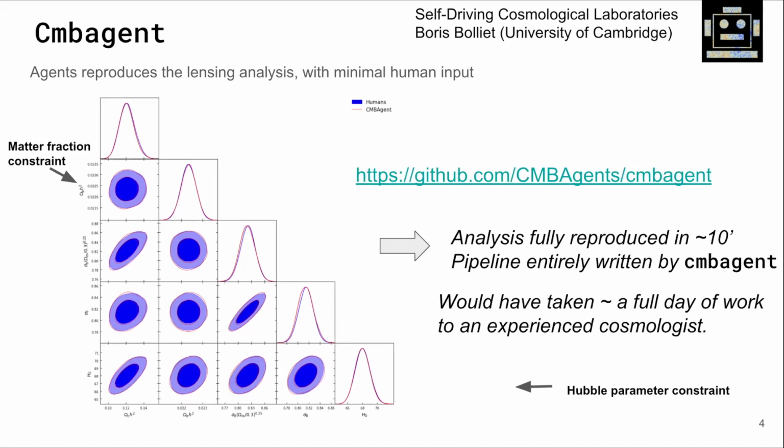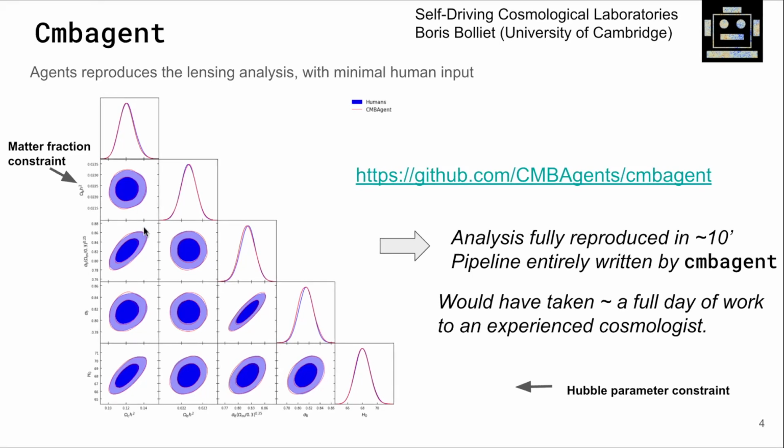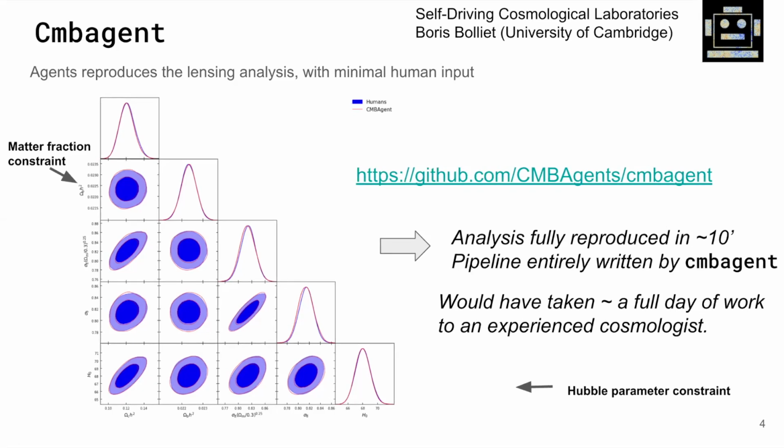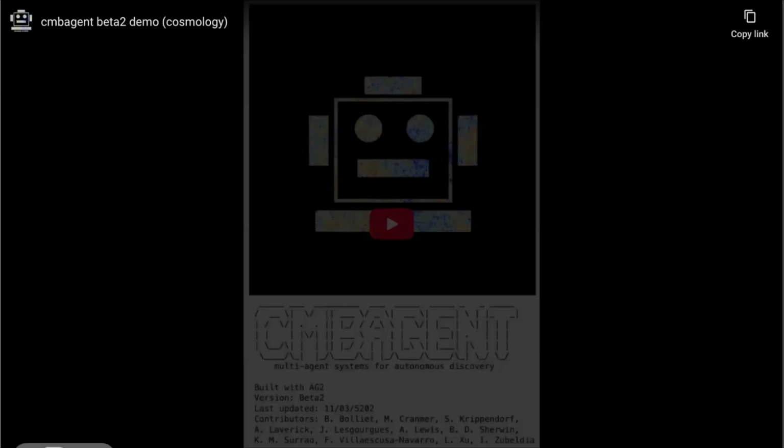That's what I didn't know before. But we really have a lot of challenging data analytics tasks. And after they used AG2, they were able to fully reproduce what usually took a human analyst a full day of work in just tens of seconds, completely written by the agents. And the result matches very well with the human capability.